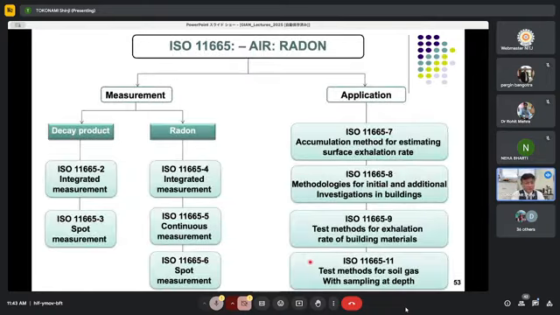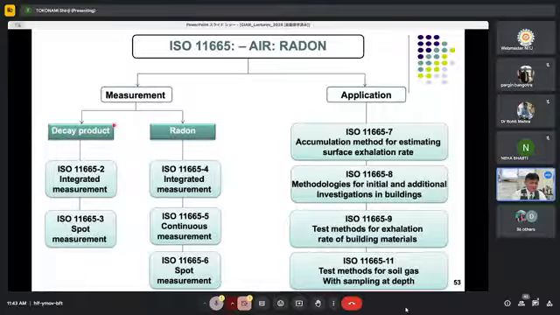I can show you the international standard of radon methodology. ISO provides radon standardized technique methodology on radon, ISO 11665. This, for example,